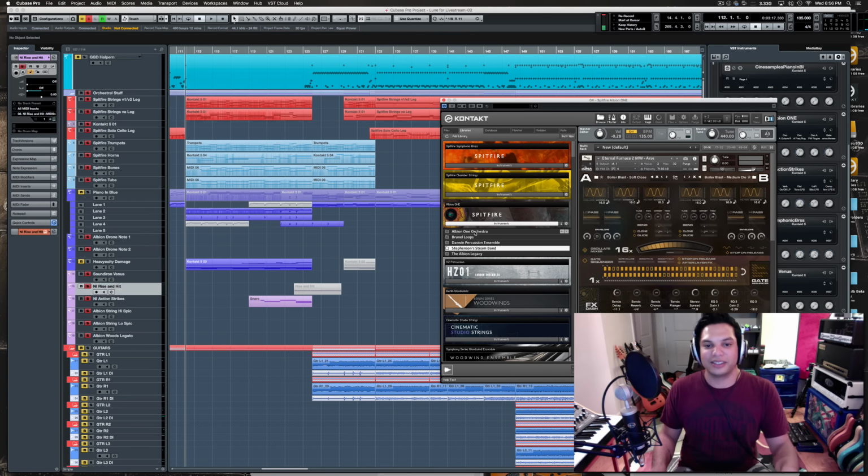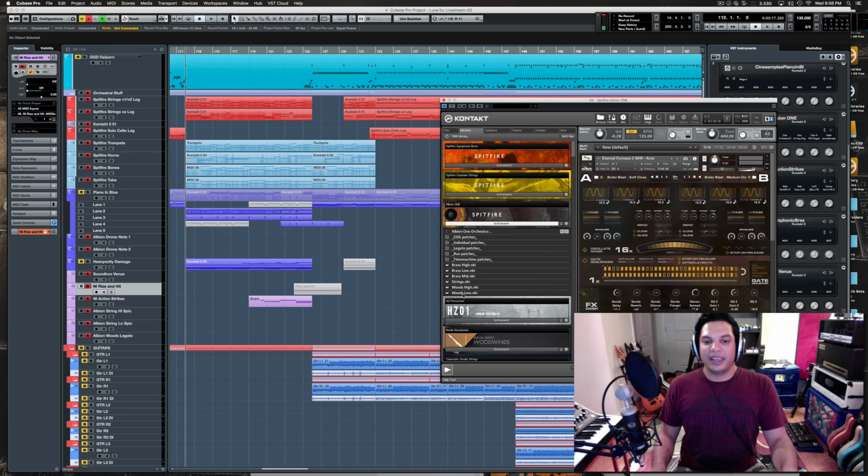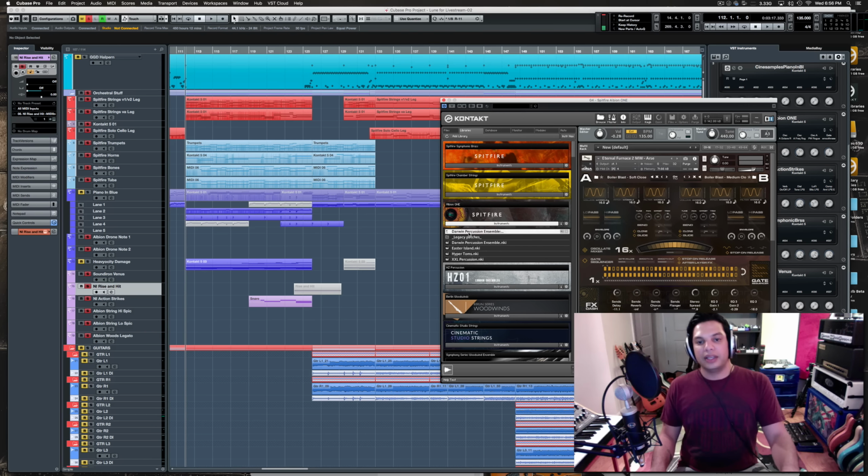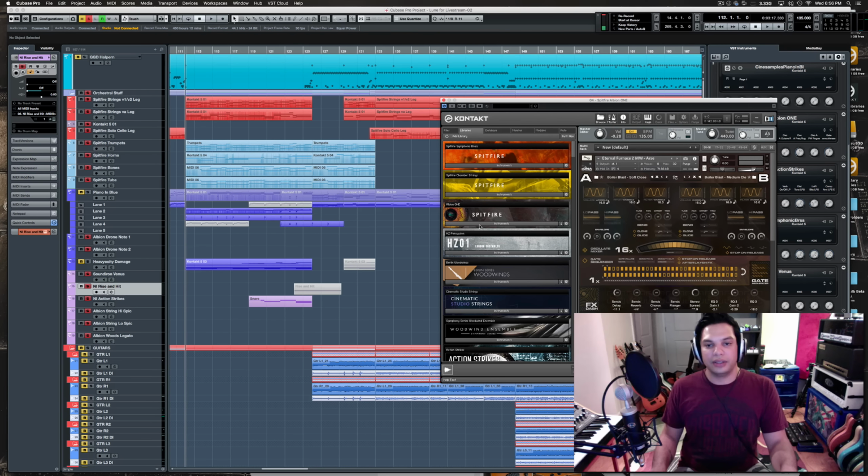And that's the beginning of the song right there. And then you have the full orchestra here, brass, strings, woods, and then there's the whole percussion side of things. So it has everything that you need to get started. You'll either get it and be like, okay, this is cool, this is enough, or I don't even like it, or you'll be like, wow, now I need to buy everything like I did. So that's what I would recommend for sure.